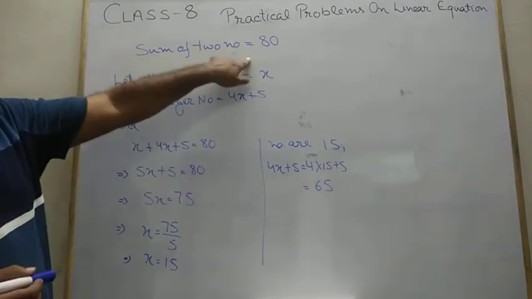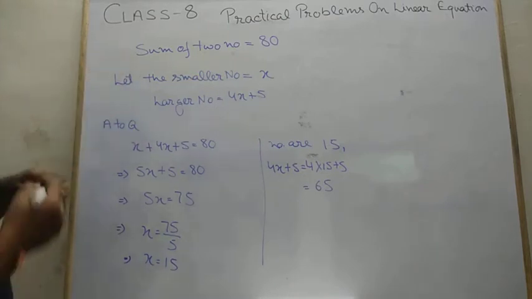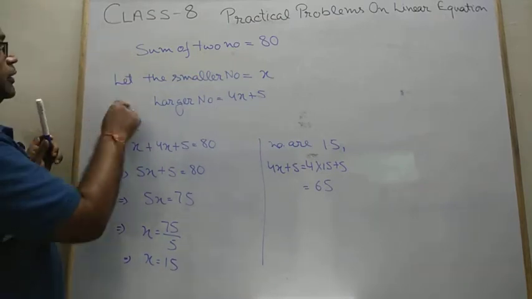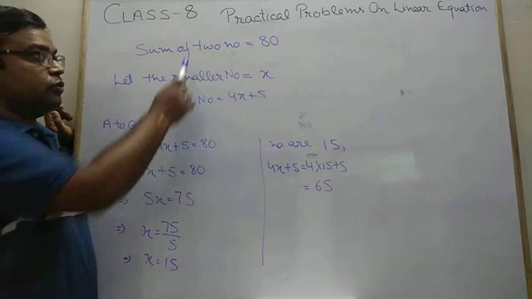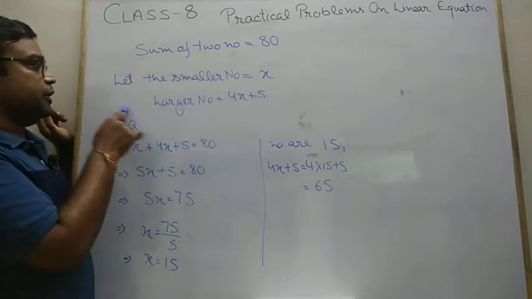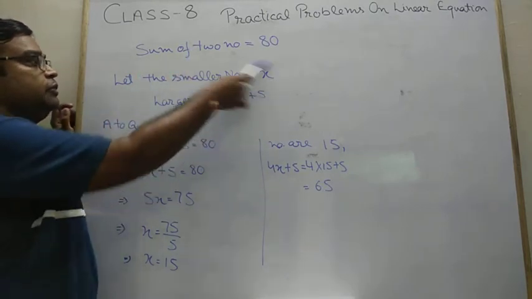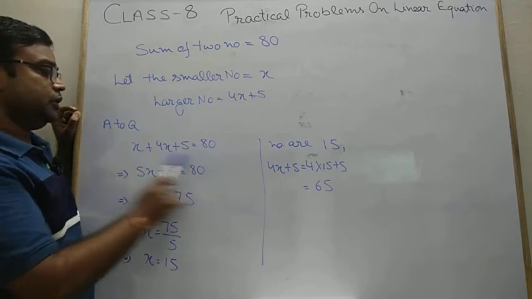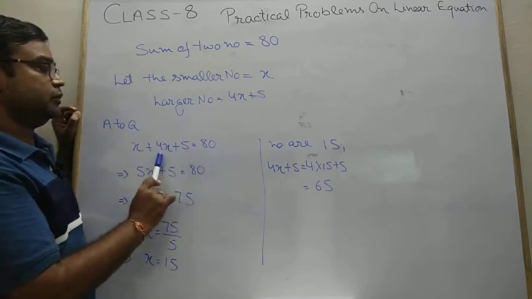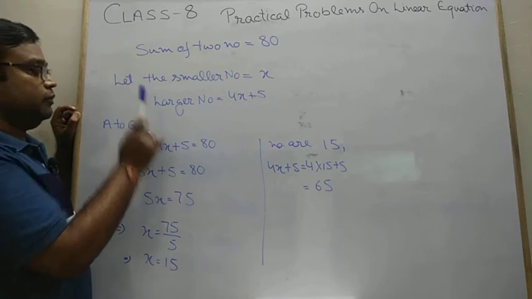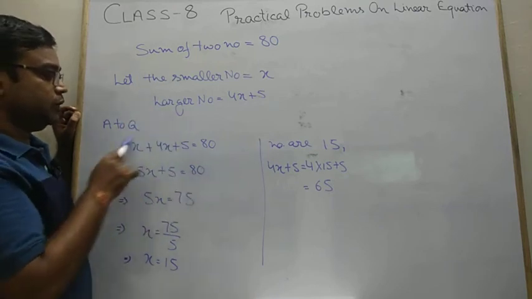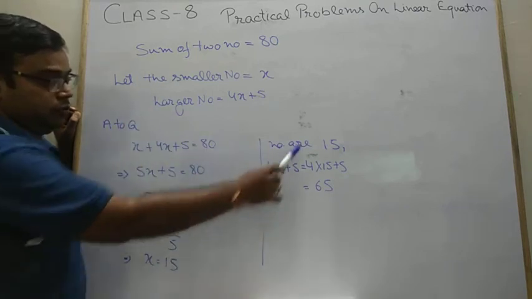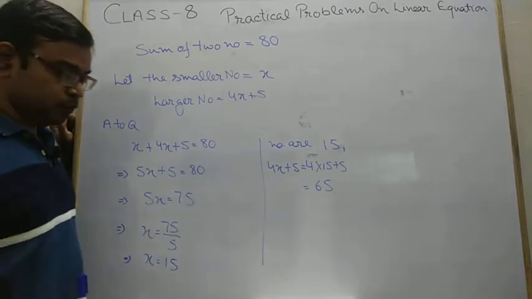Sum is given, and there is some condition part. These two are the given part. This is the special condition part, and by using this condition, we get another condition. This is the question. It gives you the hint. This gives you how to solve, the hint to form the solution. So move to the next question.